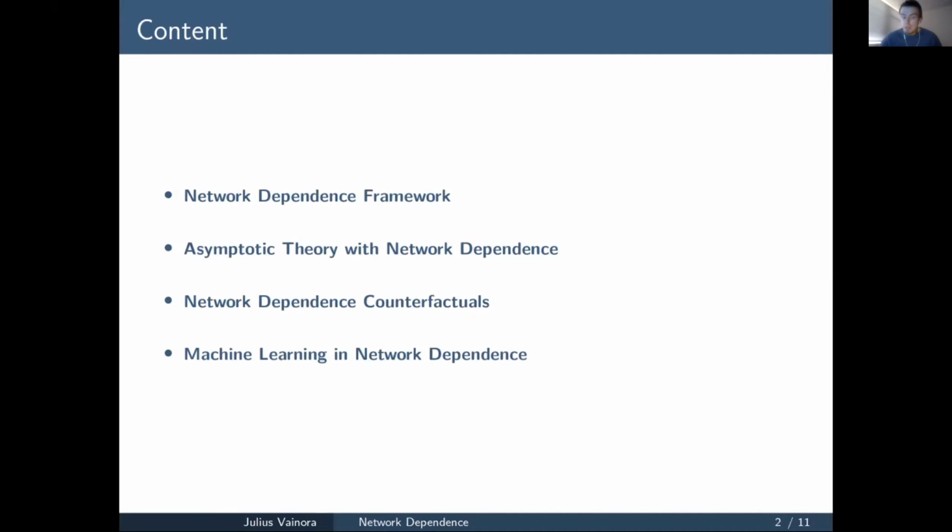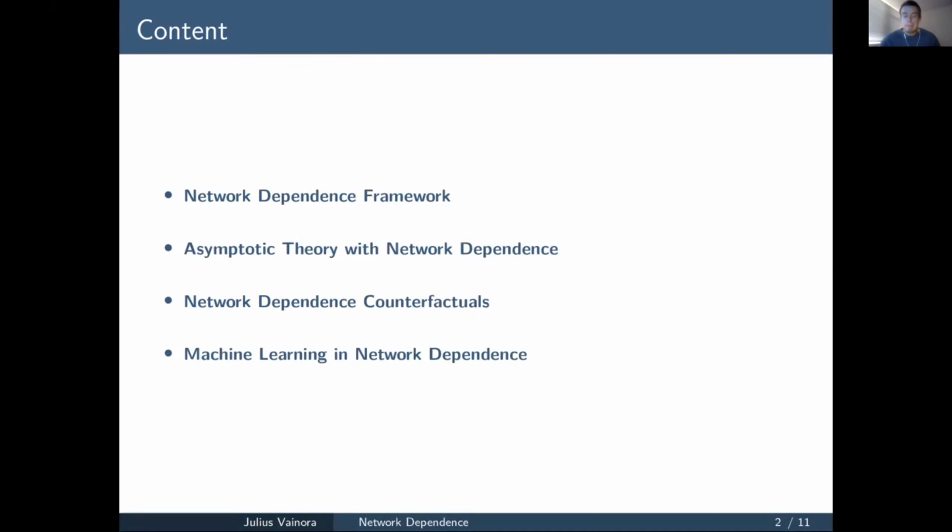Then given this network stationarity concept, I will be able to show you some asymptotic theory results: things like 2 laws of large numbers, consistency of the covariance, and the central limit theorem. Then given the framework and given the fact that we're working with network data, I will suggest a way how we may estimate something that I call network dependence